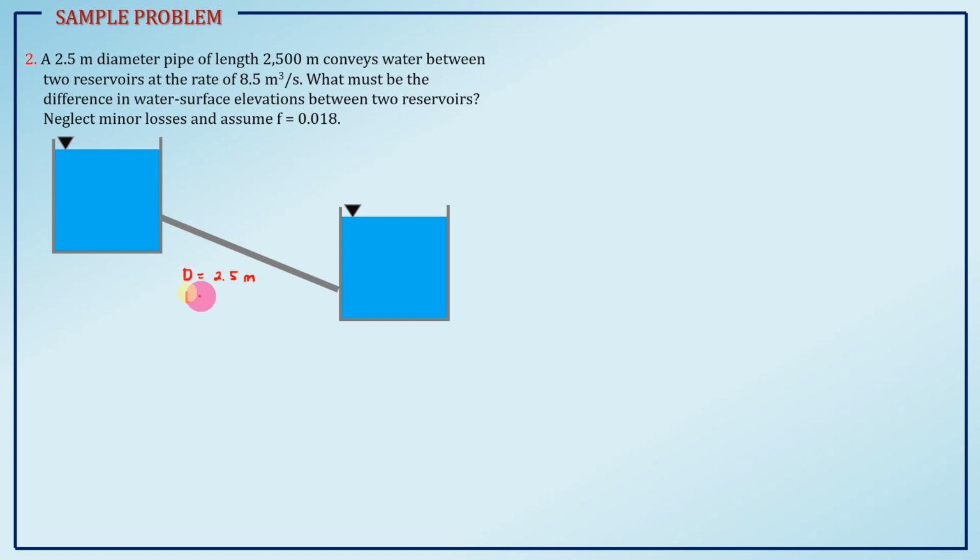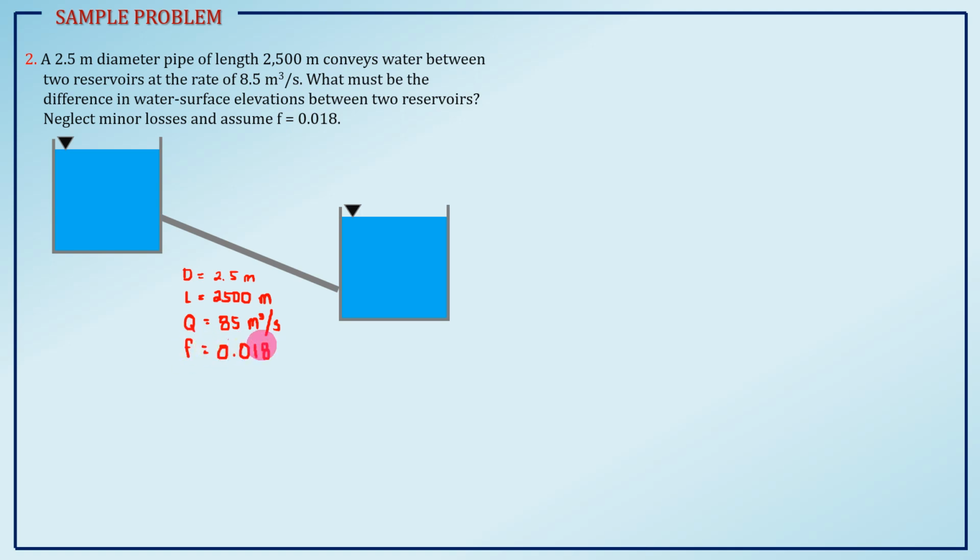It conveys water from this reservoir to another. Its length is 2,500 meters. The flow is 8.5 cubic meters per second. What must be the difference in elevation between the two reservoirs if we have an F of